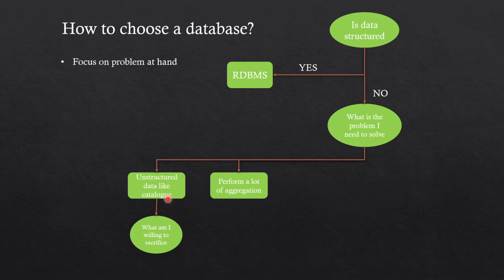And especially if you are coming with a system where you have to create a data lake, or you have to perform a read heavy operation, for example, like you have Instagram or Twitter kind of system, where there are a lot of reads, and you are performing analytics also, where you are doing a lot of aggregation on a huge set of data. So that is where your columnar database will come into the picture. And again, for this particular scenario, you will have the same question, what I'm willing to sacrifice.